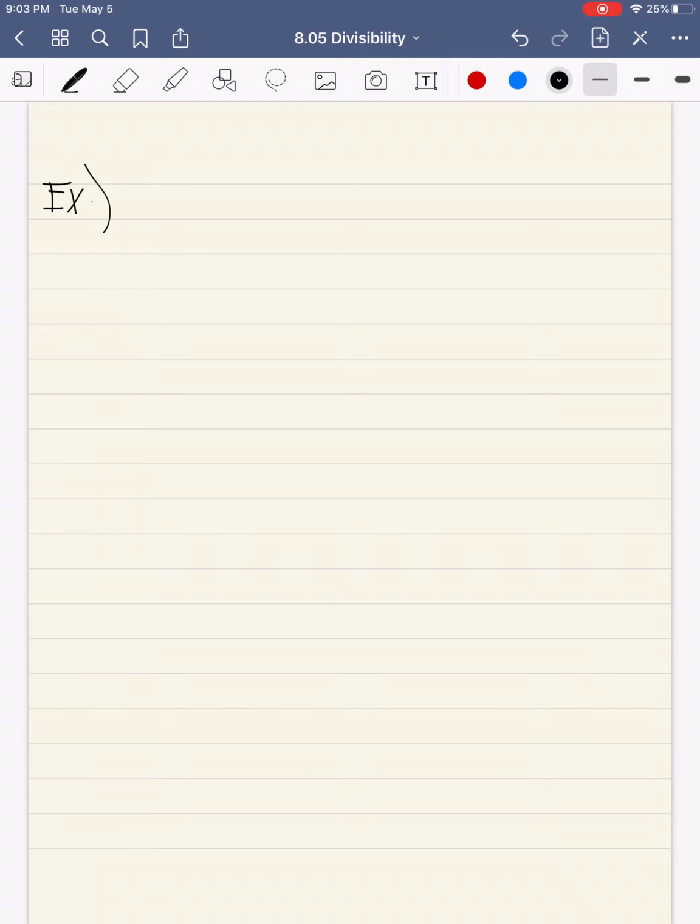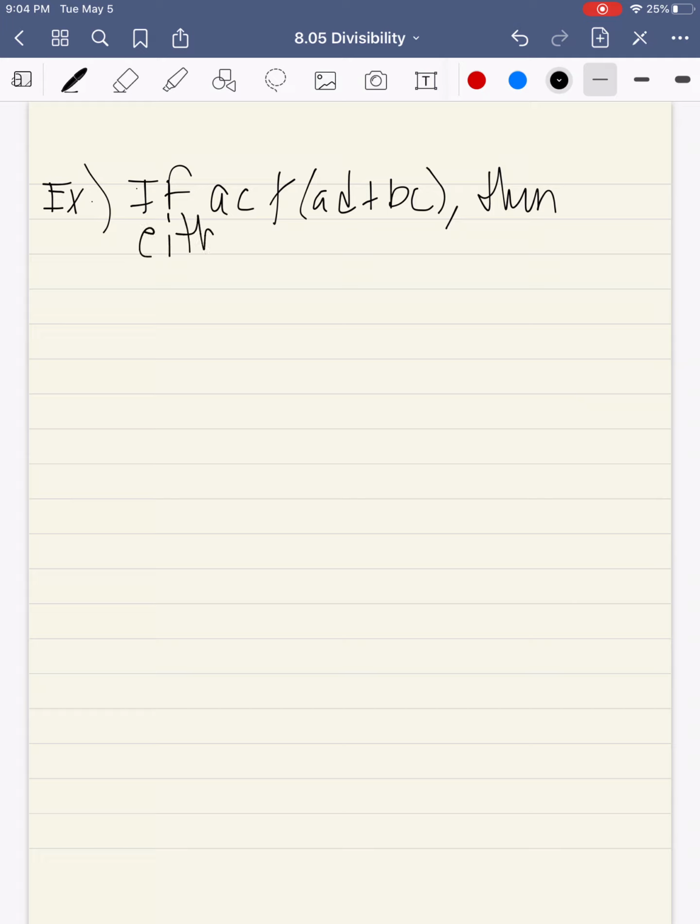So here we want to prove that if AC doesn't divide the quantity AD plus BC, then either A doesn't divide B or C doesn't divide D. So looking at this proof, just thinking through, I see that I have some negations going on, and I have an if-then expression here. So that makes me think that I need to use the contrapositive,